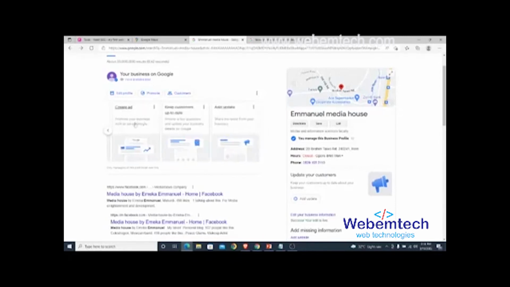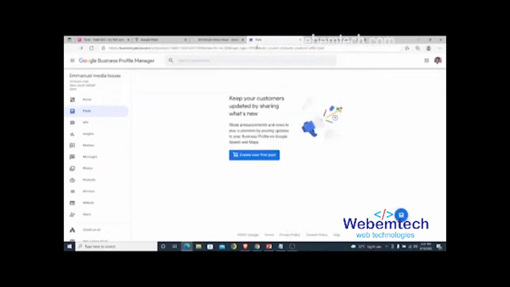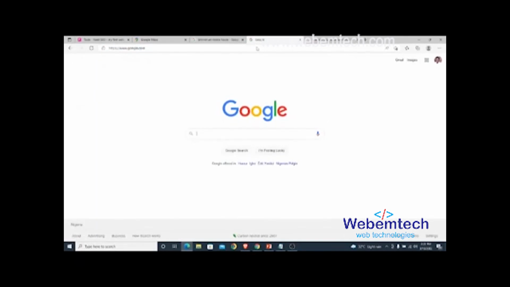This is create an ad if you want Google to run ads for you. Keep your customers up to date, then add update. Alright, so basically you can run through all of these settings, and when you are done, your business will be on Google search, right? Now let's check for other businesses. Take for instance, here we have,